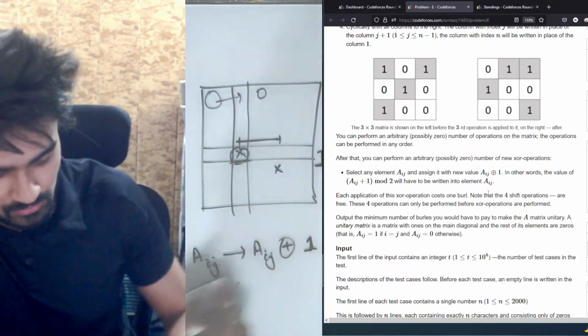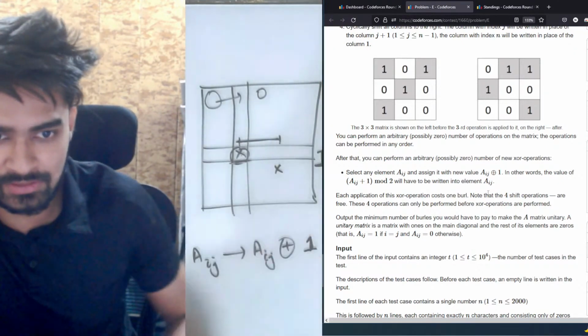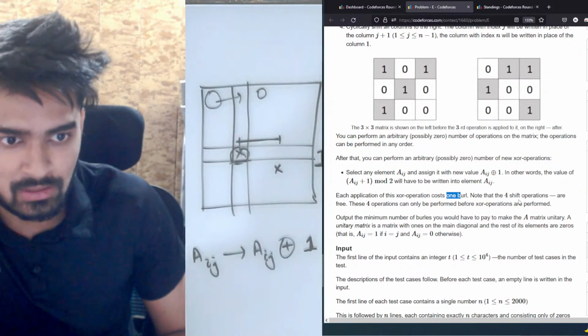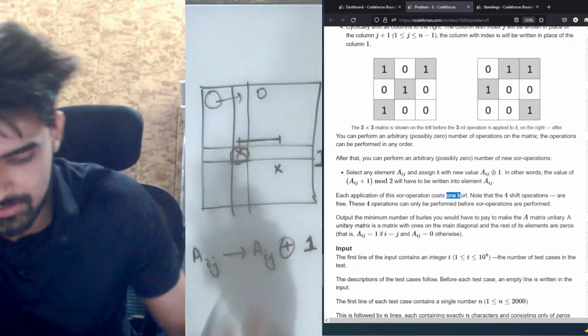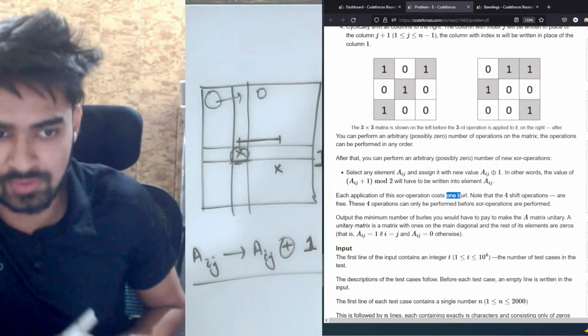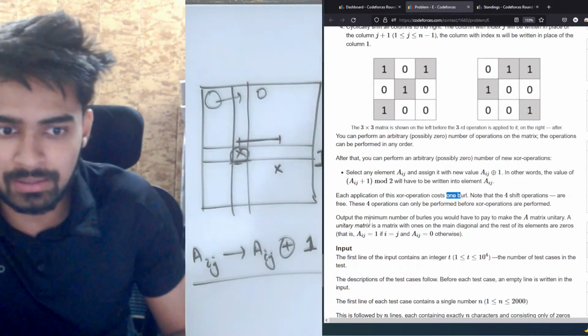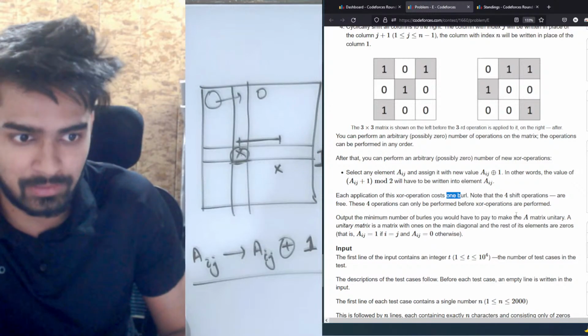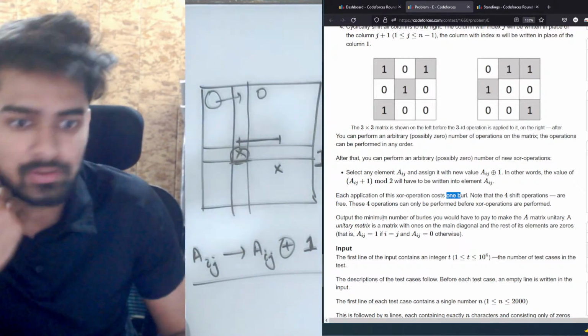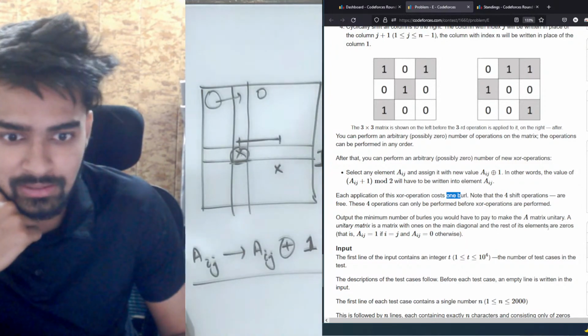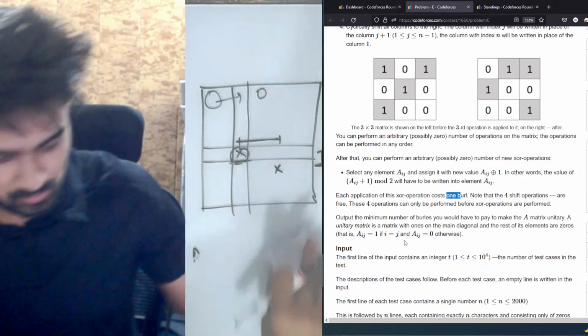Now each application of the XOR operation costs 1 burl. Note that the 4 shift operations are free. So shifting operations are free, but this XOR has a cost of 1. Output the minimum number of burles you would have to pay to make the A matrix unitary. A unitary matrix is a matrix with ones on the main diagonal and the rest of the elements are 0. So basically